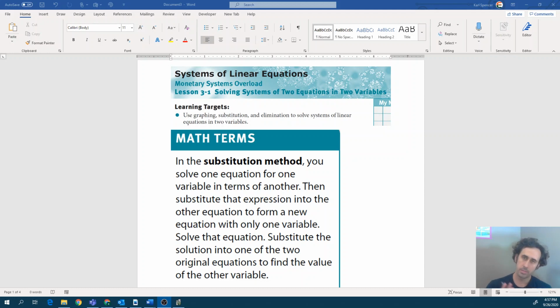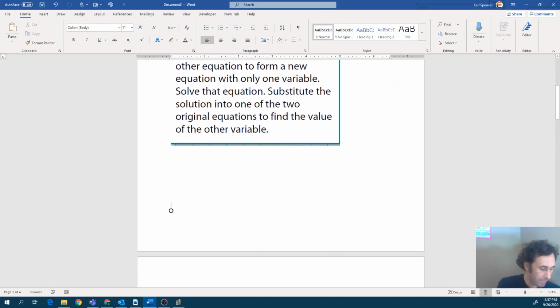Now, this might sound a little crazy, but substitution is something you've done for a long time in math. It just happens that this time, instead of substituting a number, we're actually going to start substituting an equation. So to give you a heads up on what we're going to be doing,